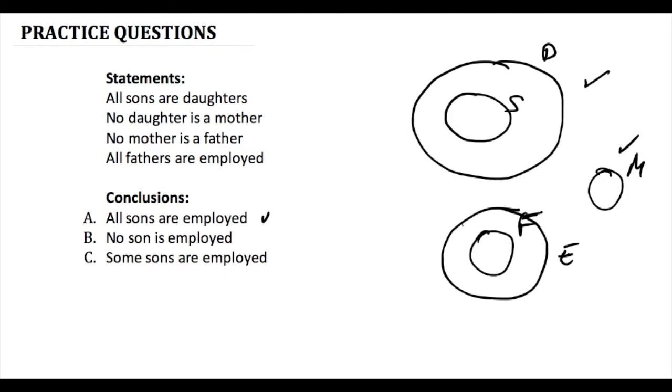नो सन इज़ एम्प्लॉयड भी पॉसिबिलिटी है, तो F हमारा और E हमारा यहाँ है, सन इधर है, तो ये सही हो जाता है। और थर्ड है सम सन्स आर एम्प्लॉयड, ये भी पॉसिबिलिटी है हमारी, क्योंकि हम इस तरह से सॉल्व कर सकते हैं। एम्प्लॉयड यहाँ आ गया, फादर यहाँ आ गया, तो ऑल फादर्स आर एम्प्लॉयड एंड सम सन्स आर ऑल्सो एम्प्लॉयड, ये भी पॉसिबिलिटी है, ये भी ठीक हो गया।